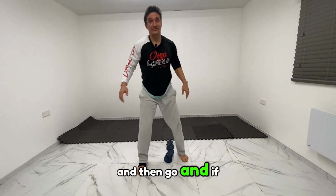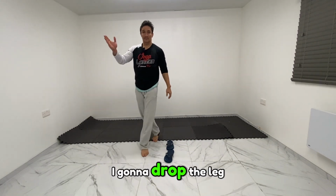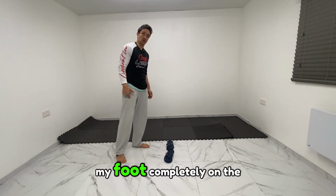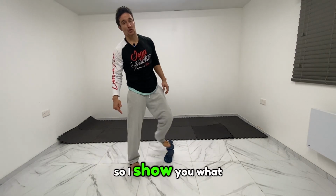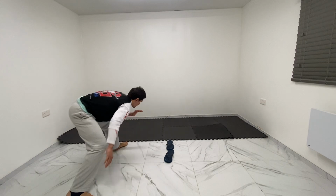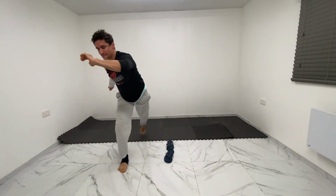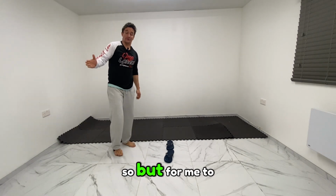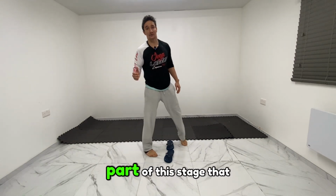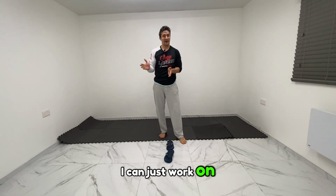and then go. And if you want to look even more floaty, I'm gonna drop the leg and slide without putting my foot completely on the floor. So I show you what that means. So, but for me to do this, I need to be able to do it in stages. So if there is any part of the stage that I'm struggling, I can just work on that part separately